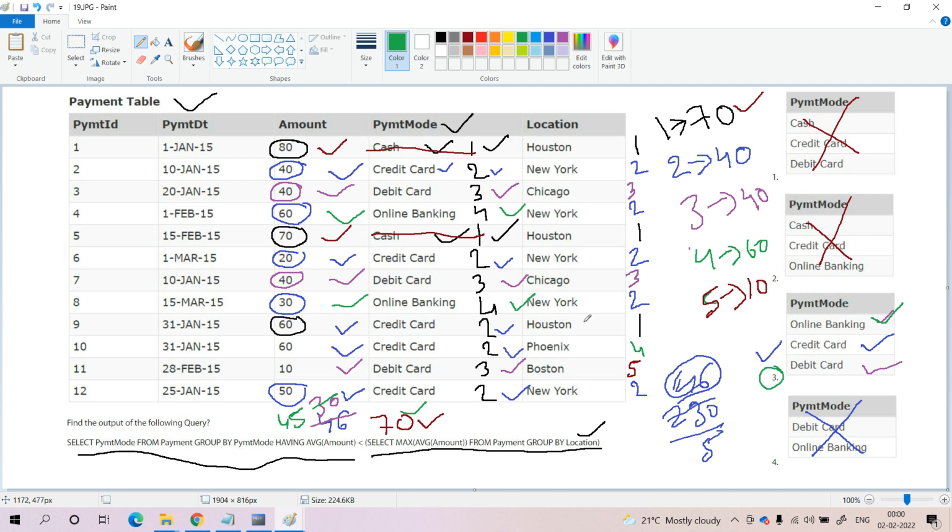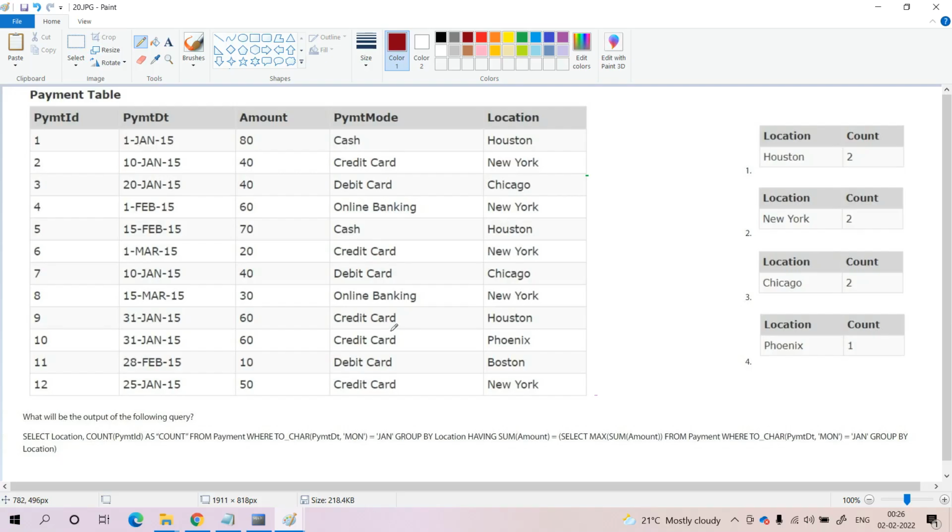Thank you. Here in this question, we have one table, and the table name is payment table. Now the query is, what will be the output of the following query? The query is: select location, count of payment ID as count from payment where, with the help of